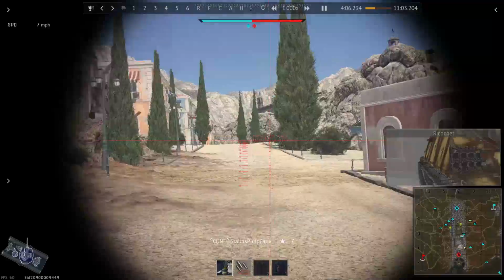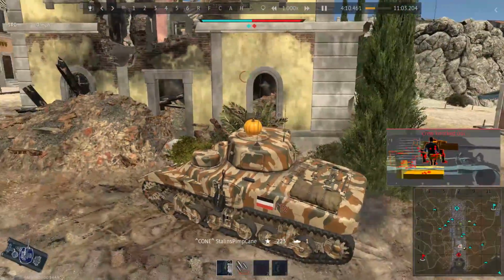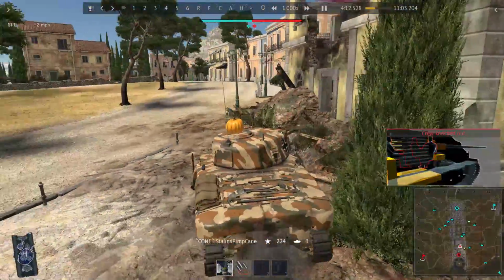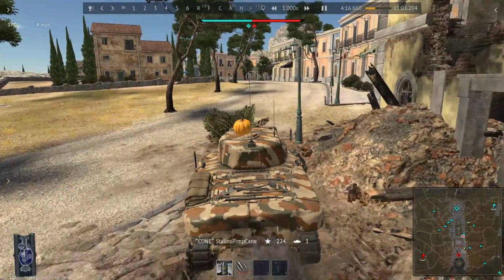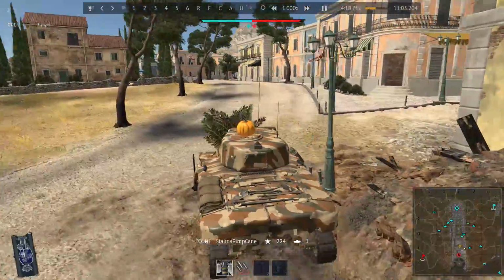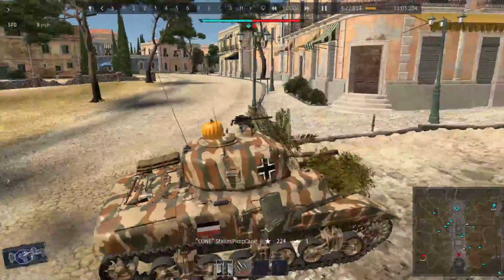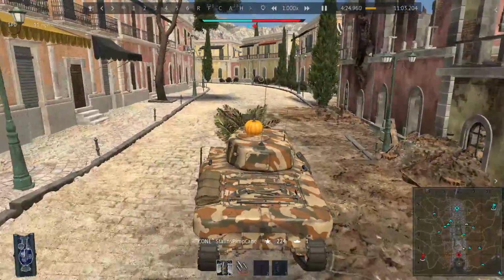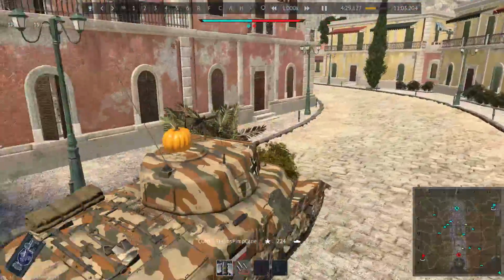And now for something completely different. We have SPC StalinsPimpCane in an up-tiered RAM Mark II. He accidentally put a 5.7 or a 4.7, I don't know, vehicle in his lineup, and ended up in a 5.7 match in this little 3.7 tank, which is a very capable medium tank at its own BR, but in the